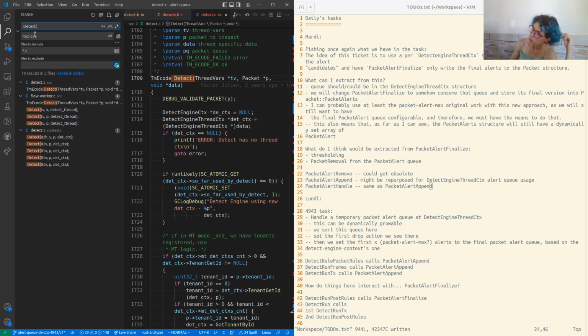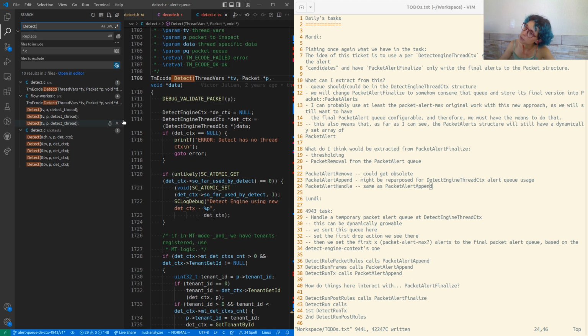Flow worker and detect itself. I don't know what the flow worker does, but I think that for now I'll keep my exploration around the detect.